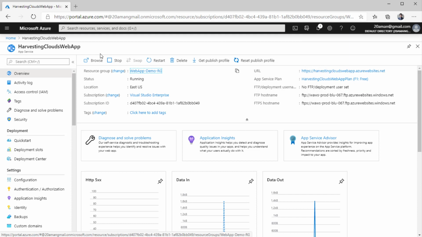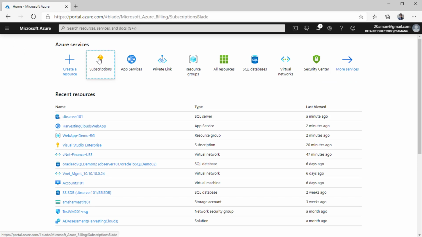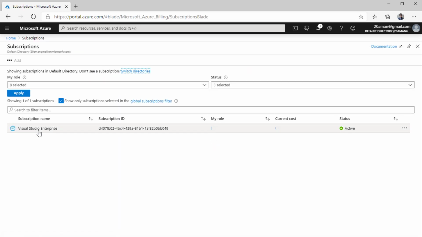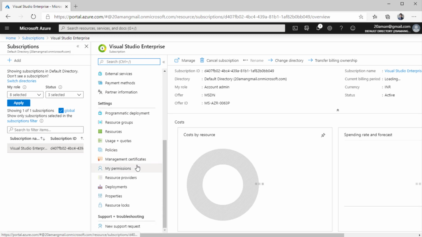Now, if you have multiple locks in your environment and you want to manage all the locks, you have multiple options to do that. The first option is you can go ahead and use CLI or PowerShell commandlets or some other API to manage all your locks. But there is another way in the portal. You can navigate to your subscriptions. You can navigate to the exact subscription where you want to manage all the locks within that subscription. Then scroll all the way down under settings.